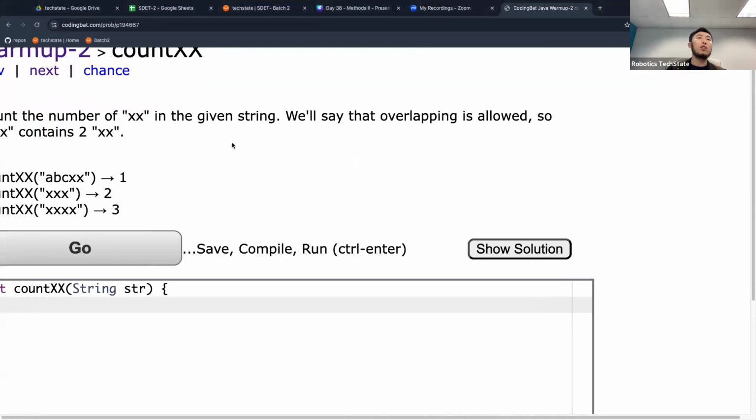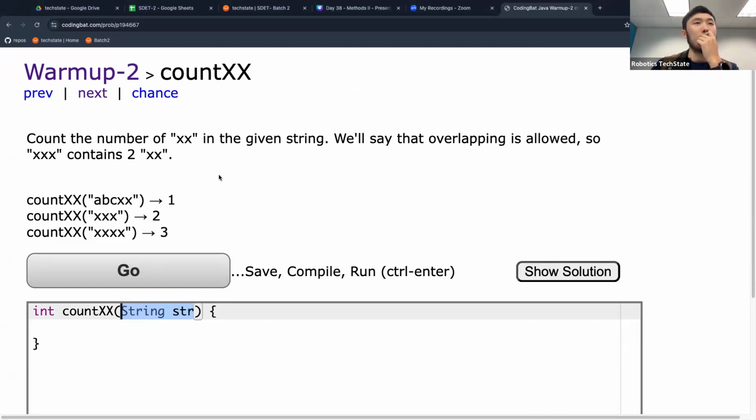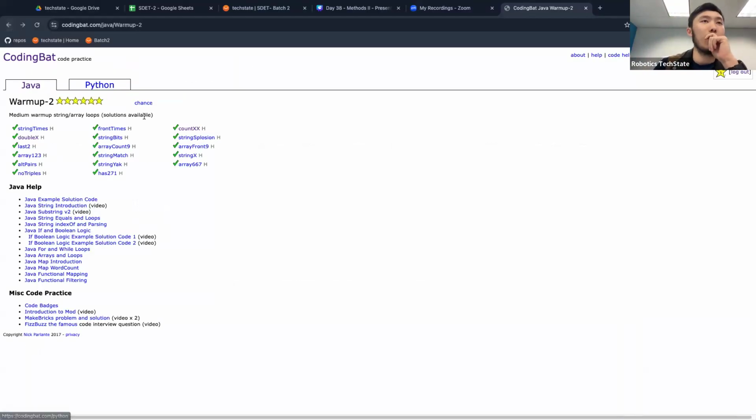What's the return type for this, guys? Is it really difficult to figure out what's the return type? Int, it's int. All right, and it accepts a string. Okay, count the number of XX in the given string. This one will require you to check two characters each time, but let me change the problem,